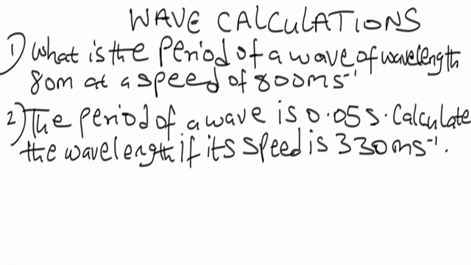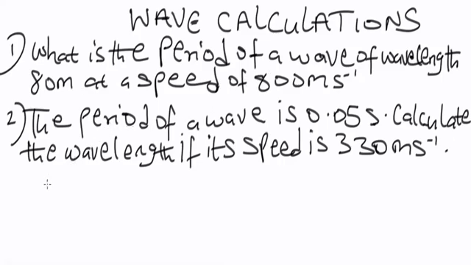In this video, we are going to learn how to calculate the frequency, wavelength, and velocity of a wave motion in physics. Okay, so let's begin with these problems I have here and progress from there. Question 1 says, what is the period of a wave of wavelength 80 meter at a speed of 800 meter